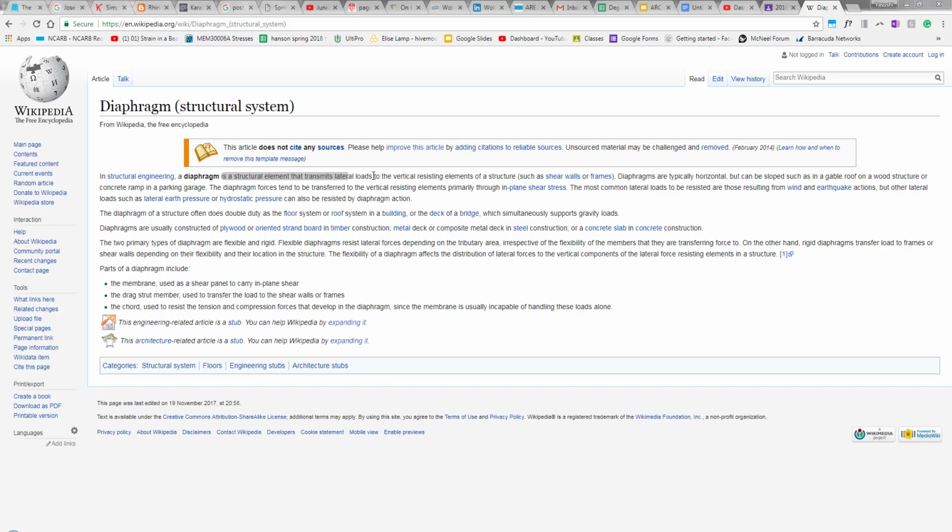transmits lateral loads to the vertical resisting elements of a structure, such as shear walls and frames. And we kind of looked at shear walls and frames last time. But anyway, it's a really simple concept, right? So the building somewhere somehow gets this lateral force, but this lateral force has to